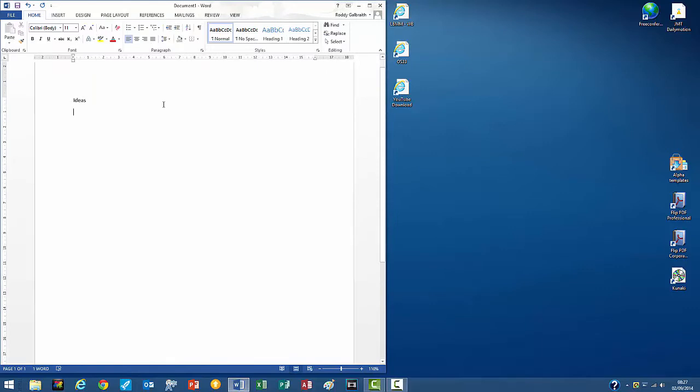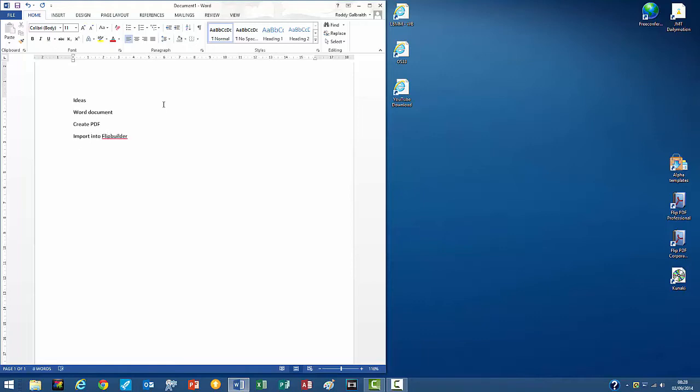So you start out with your ideas, you then create a Word document, because remember it's a flip book, so it's a book in electronic format, so you need to come up with a book basically, but the book can be pretty light in terms of words, because you can add functionality through digital resources. So you start with your ideas, put them in a Word document, then when your Word document is as good as you want it, you create a PDF document. You can do that straight from Word, and then from the PDF you import that into Flipbuilder,